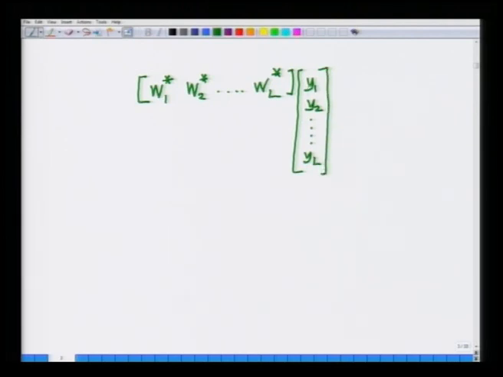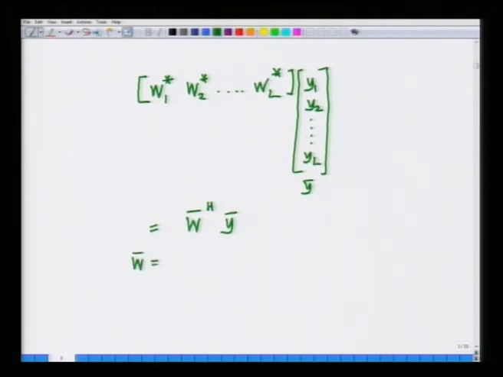Remember, this y1, y2 up to yl is nothing but the vector of received signals across the L receive antennas, which is y bar, and now I can succinctly represent this as w bar Hermitian y bar,